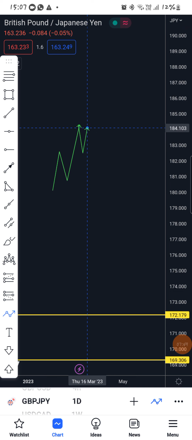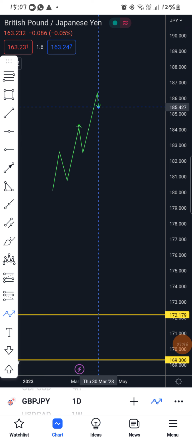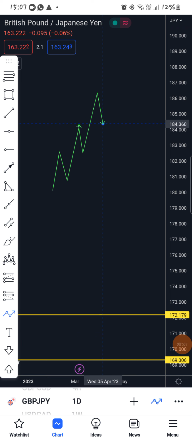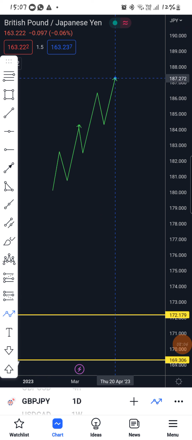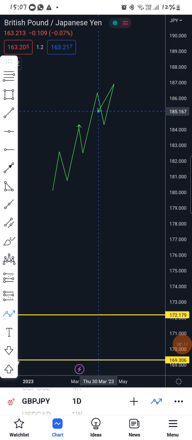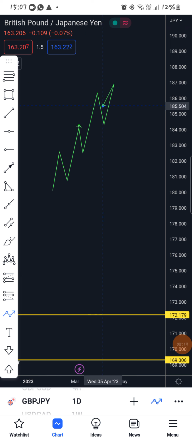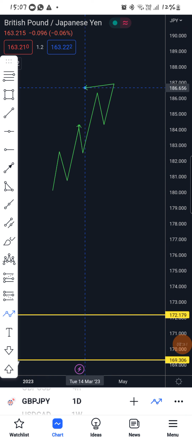And then it breaks this area where it formed a resistance. It breaks it, and then where does it go? It comes back to the same level, and then it pulls back just like that. So in this case, it was easy for the market to just move like that. These days, guys, it's not always the case that the market moves like this. I'm trying to emphasize the fact that